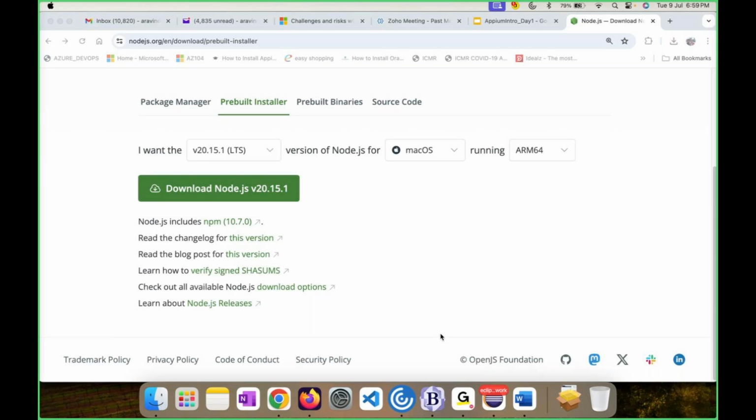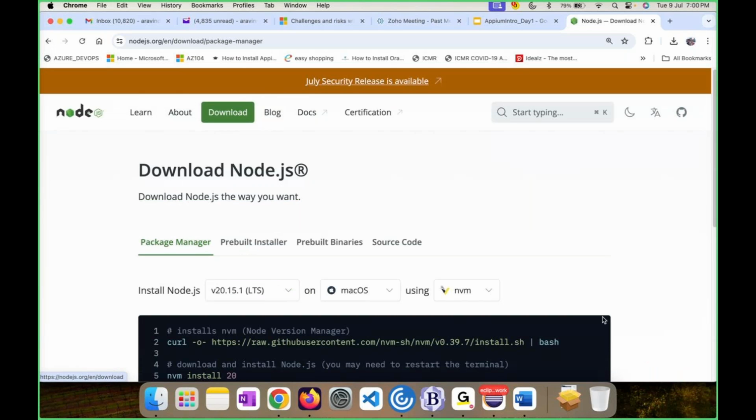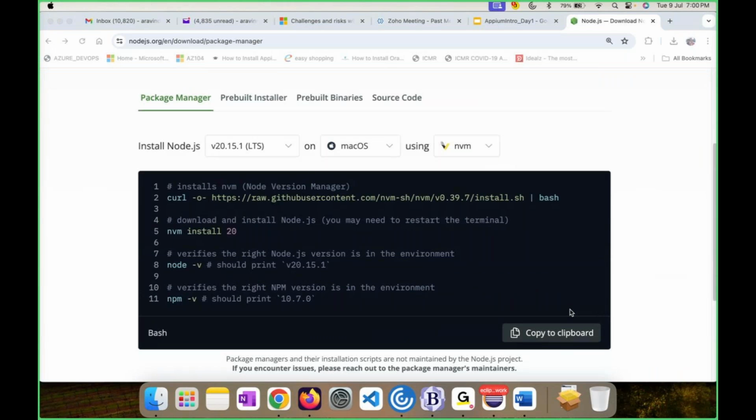Hi, I cannot see the option as NVM, instead it's showing FNM. Okay, so you mean to say you're using Linux or something? It's for Madhu actually. So if you're a Windows or Linux user,